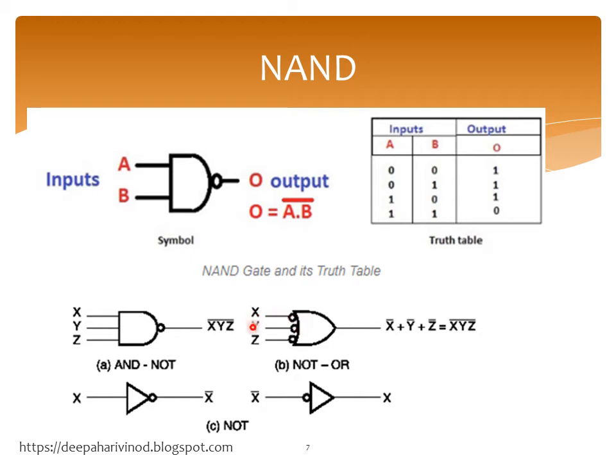We can see x, y, z are the 3 inputs. I bubble it here at the input side of the OR gate. So the output will be x bar plus y bar plus z bar, which is equal to (x.y.z) whole bar. According to De Morgan's theorem, I can write (a.b) whole bar equal to a bar plus b bar. By using that theorem, it is the same.